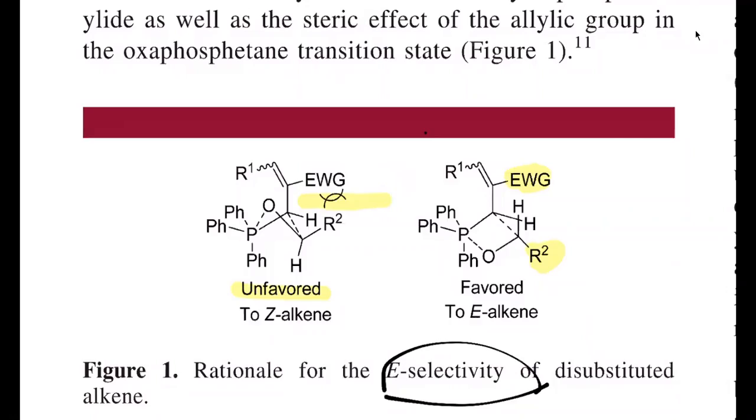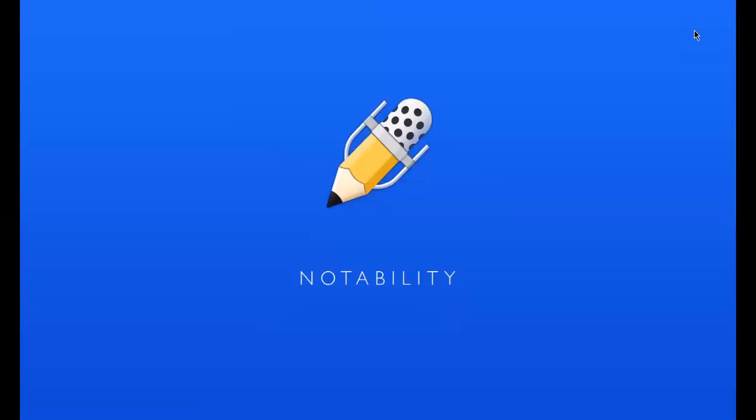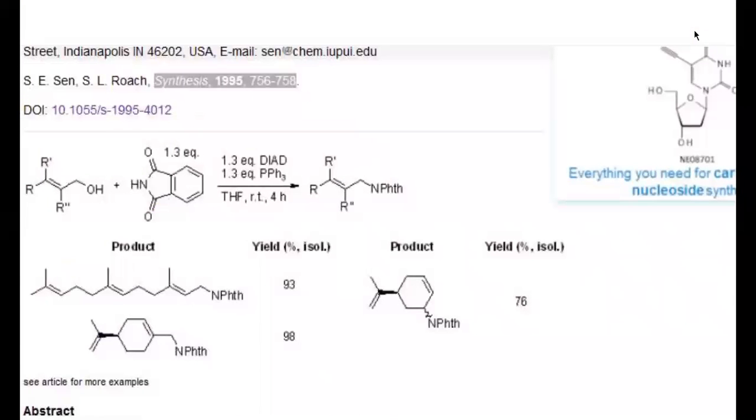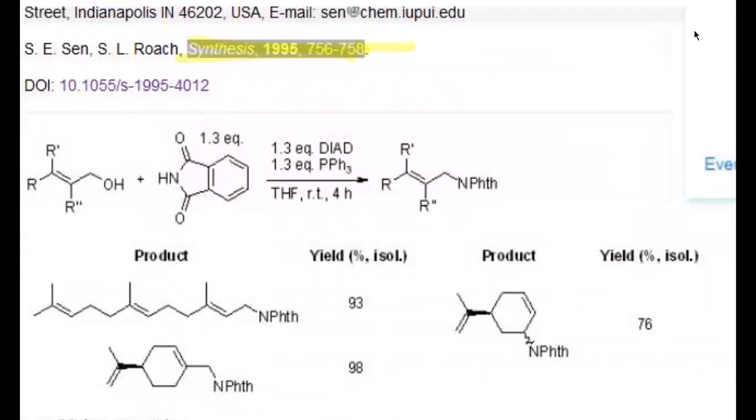All right. So that's just another application of some of the reactions that we've been looking at. There's another paper. I didn't get the full paper because we didn't have access to it. But this is an example, published in the journal Synthesis. It's a European journal, a highly reputable journal. But this particular reaction is a modified version of the Gabriel synthesis, right? You can see right here, you have phthalimide, and then over here,